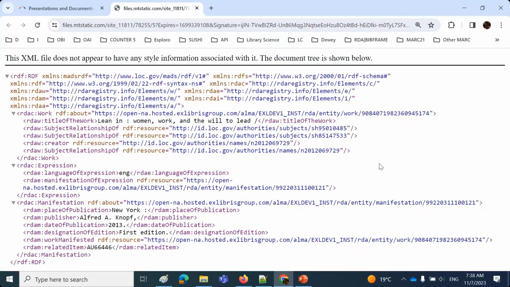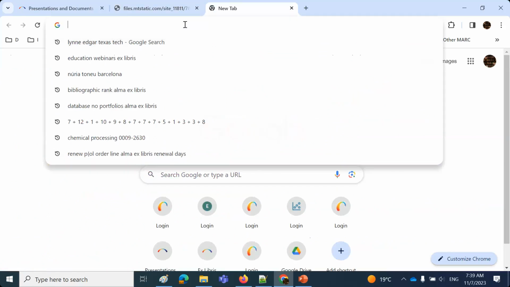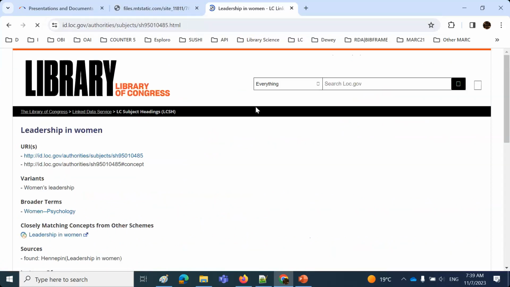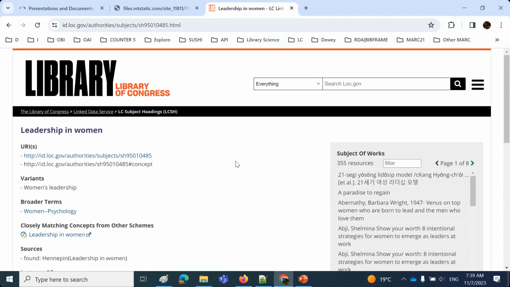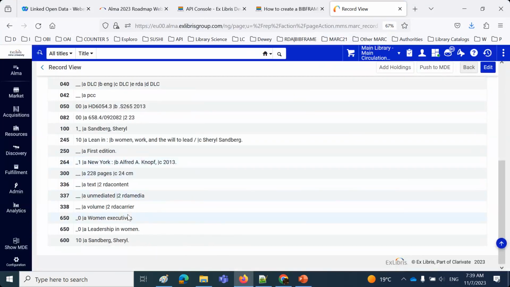Let's, for example, take any of these links. So here's one with a subject. And if we take this one here, and just to view this, okay. So this is bringing us to the Library of Congress, taking that subject from the bibliographic record. I'm going to open this bibliographic record. So it's taking that subject, women executives, automatically